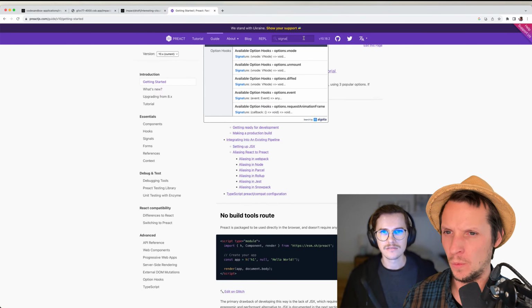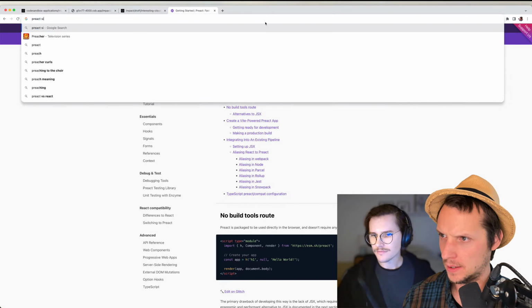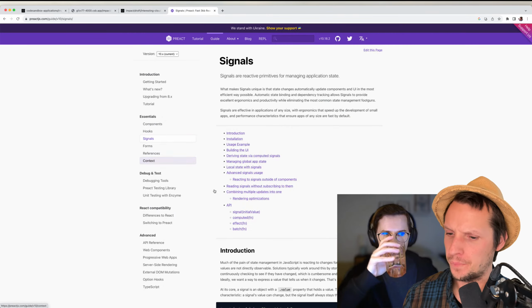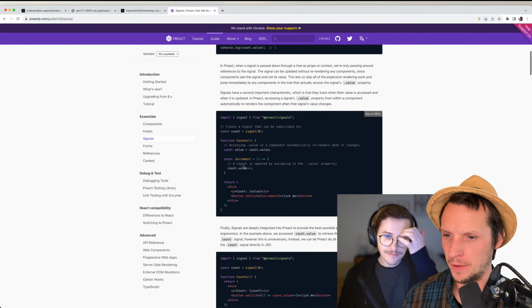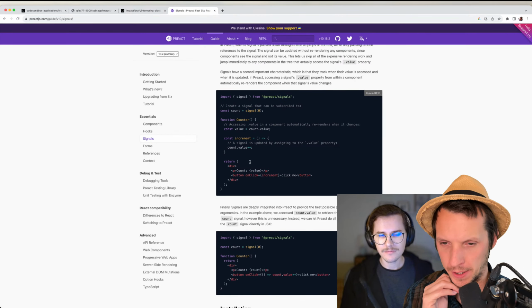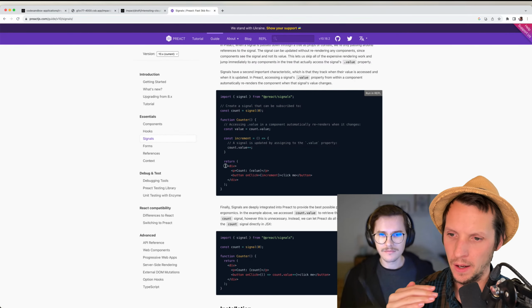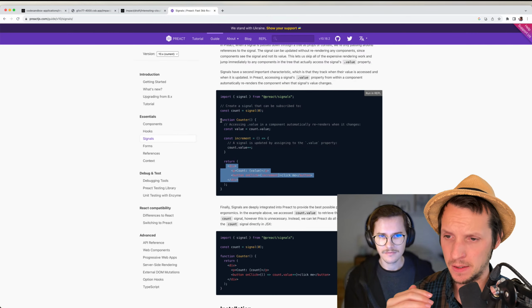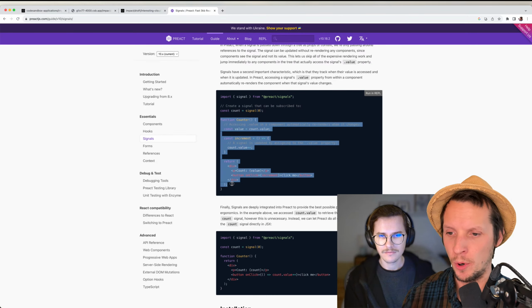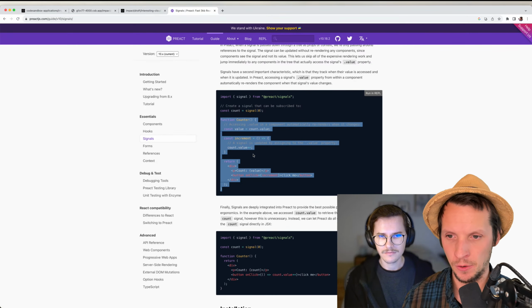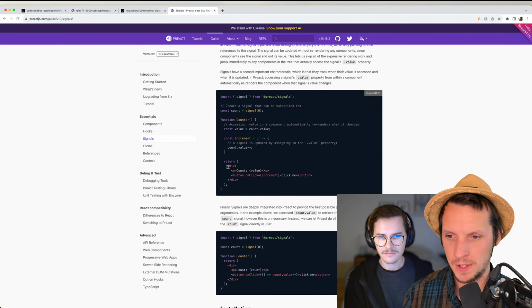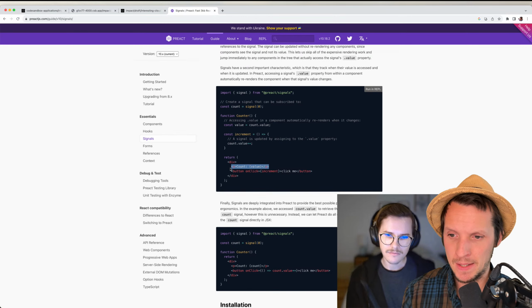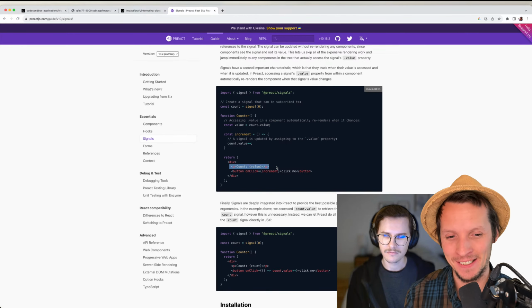But what's really cool that I didn't know about is Preact signals. I don't know if you remember, but I talked about Solid and how Solid has signals, but the component body doesn't rerun every time a signal within the component changes. You have to use a signal in the JSX syntax. The good thing about that is if you use a signal here, only the actual P reconciles.